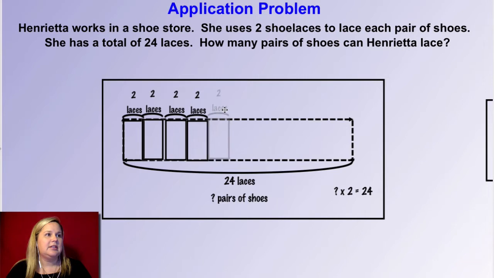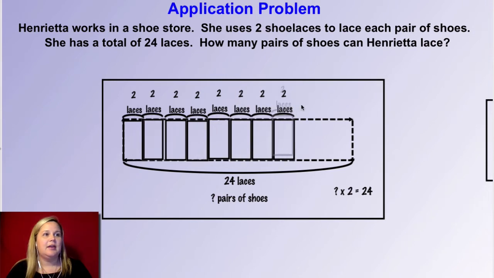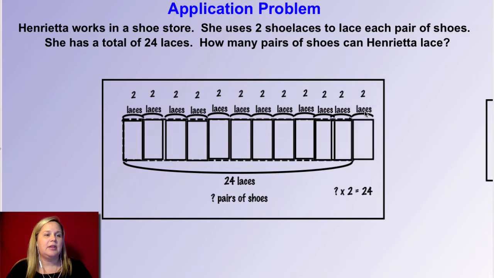There we go. 10, 12, 14, 16, 18, 20, 22. Oh, look, I made my tape diagram a little bit too small, and that's okay. So 24. Let me double check. So 2, 4, 6, 8, 10, 12, 14, 16, 18, 20, 22,